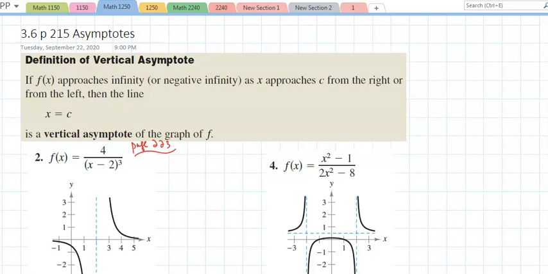Section 3.6 is on page 215, talks about asymptotes. Asymptotes arise a lot in math. We have three types really. What an asymptote is